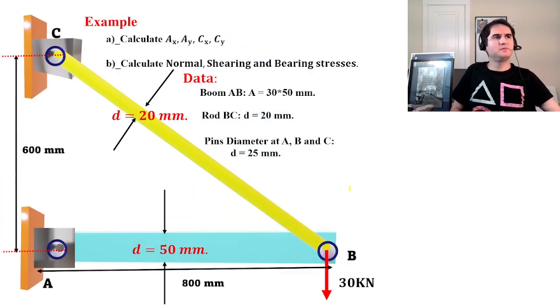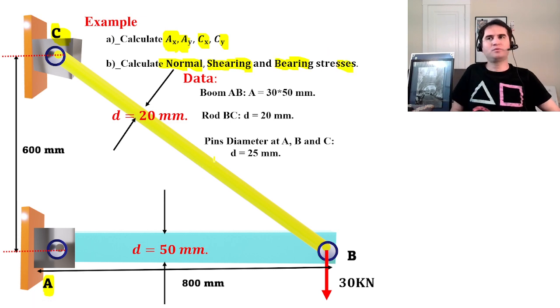In this example, we want to calculate the reactions at the supports, A and C. We want the Ax, Ay components and Cx, Cy for the forces at the reactions. After calculating the forces, we want to know what the normal, shearing, and bearing stresses are in this